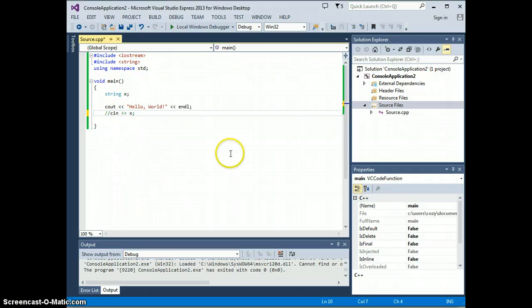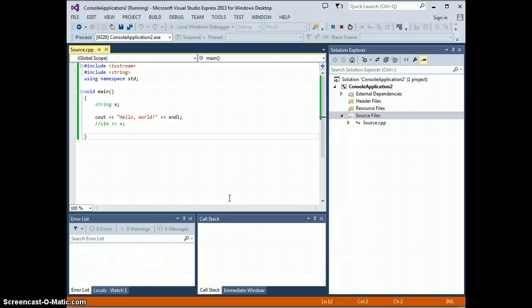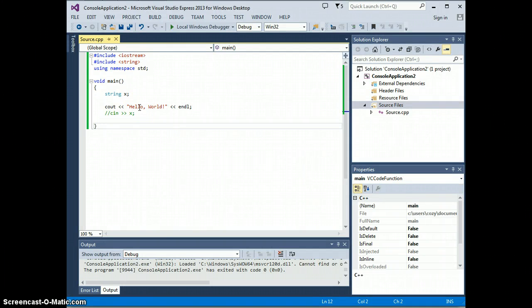If I comment the cin statement out, and I click Local Windows Debugger again, build the program again, you'll see it opens and closes before we're even able to look at the program and see what it's doing. So that's why I've included this cin statement, even though it's not really actually required at this point. However, using a cin statement is something that you'll still need to learn how to do to accept different file names and different inputs from users anyway. So that's why I decided to use that to keep the window open, and it's something that you can do too